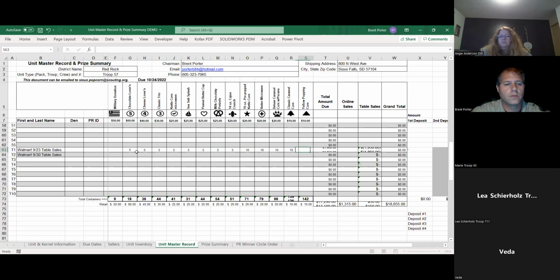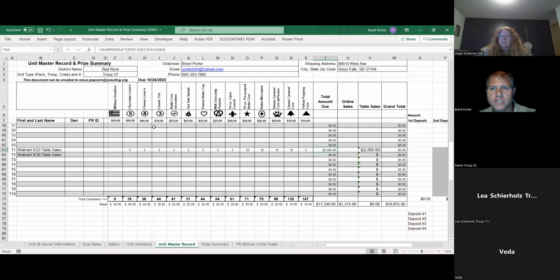We'll do 10 of those and 5. By doing this, this takes it out of your inventory as well. So you've given your scout credit above for the dollars that they did by evenly distributing it. And here you have now taken it out of your inventory by using this line item here.